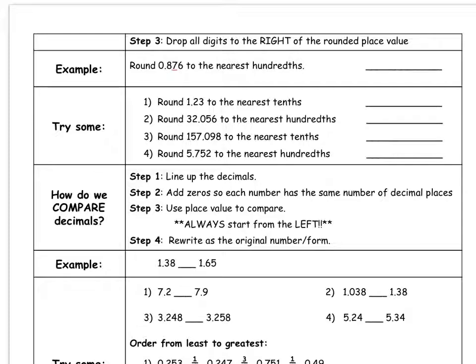Then you want to look at the number to the right of the decimal value that I want to round to, and that would be the 6. So if the number is 5 or higher, that means the hundredths place value, which is the 7, would round to the next value, which would be 8. If it's 4 or less, that means it would stay the same. Okay? So since the 6 is 5 or greater, that means the 7 is going to change to an 8. So we would write